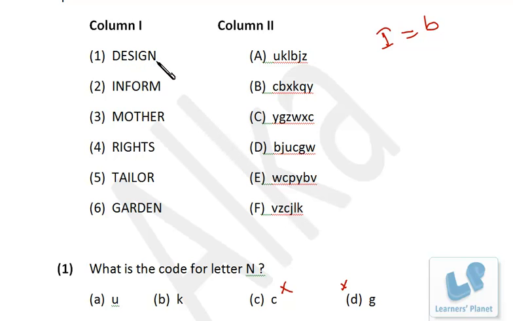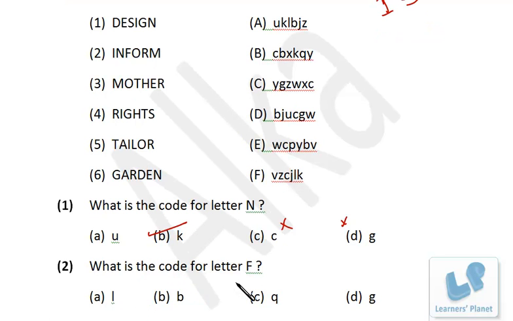Now suppose I take any other word over there, N is there. Suppose this is garden, right? We have N. Now from U and K, let us see which letter is common. So here we don't see U, right? That means N is not U, but it is K, right? We can see K over here, we can see K over here, but we don't see U over here. That means N is definitely K. So this way you can save some of your time.